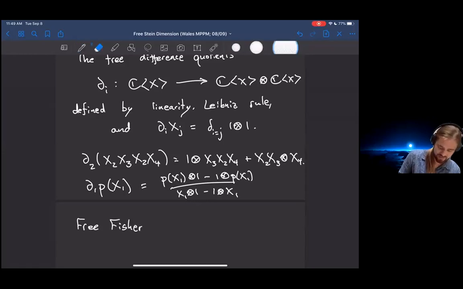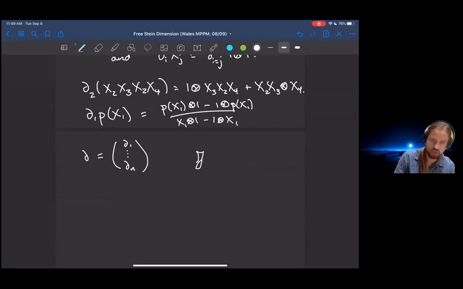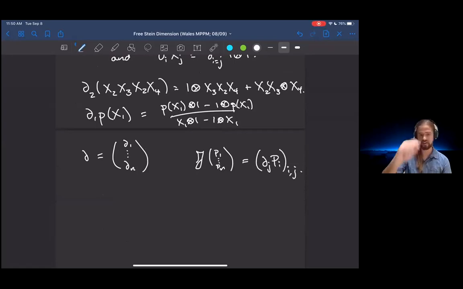No, sorry. Let me say one more thing. Having defined these, it's also useful to introduce the operators, just the free gradient, which acts on a single polynomial and spits out a tuple by taking each derivative, and the free Jacobian, which is defined by: if I take the Jacobian of a tuple of polynomials P1 through Pn, then what I get out is the matrix whose ijth entry is the jth derivative of the ith polynomial. It turns out for technical reasons, these are useful things to consider.